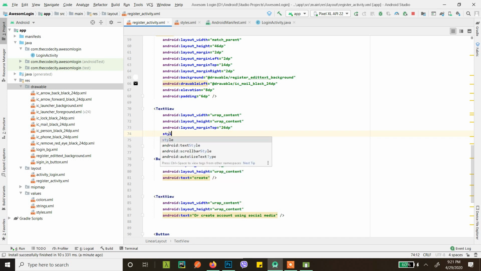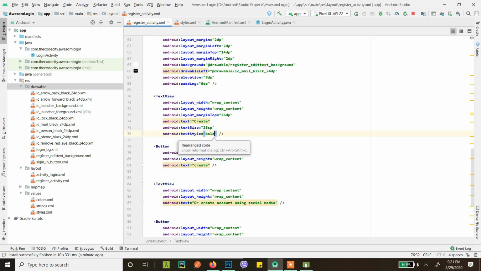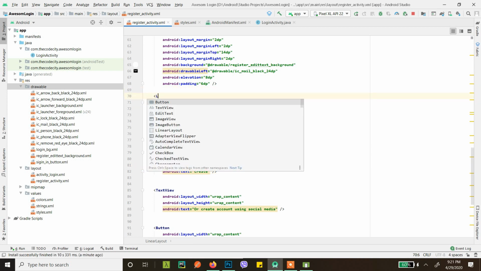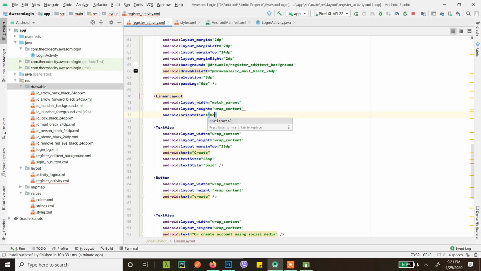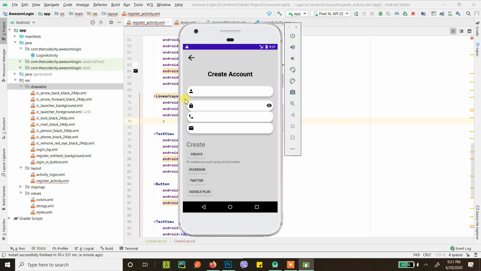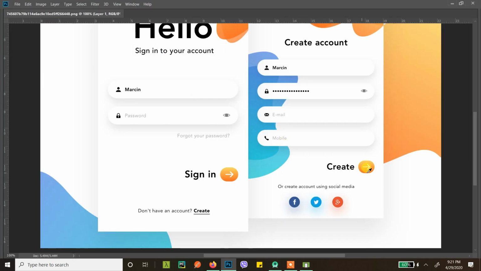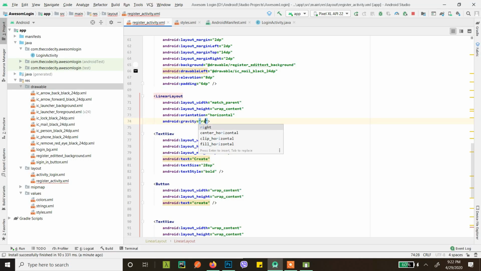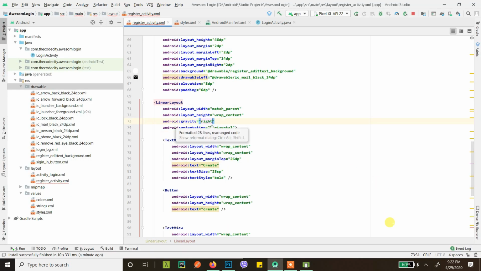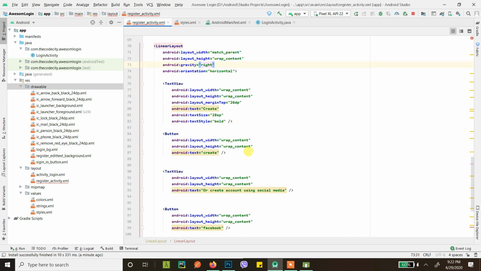First, this is bold, so let's make it bold, and now we will make this inside a linear layout so that it is horizontal. Width is match parent and height is wrap content and orientation is horizontal, and as you can see, guys, this is okay, this is to the right end, not in the middle, so the gravity needs to be right. And now we end it,